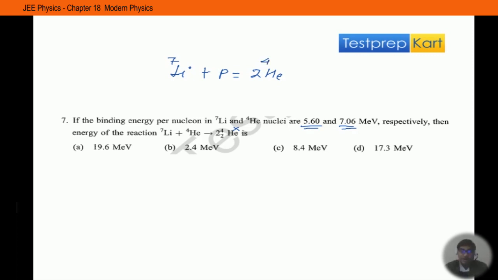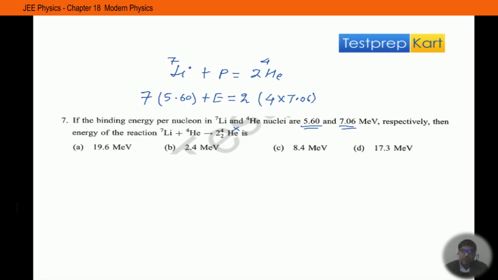Right. And this question is also incomplete, that the energy acquired by the proton we need to calculate here. Okay. So look, 7 nucleons are in helium, so its energy would be 7 multiplied by energy per nucleon, that is 5.60, and let's assume energy of proton is E, which we want to calculate. It must be balanced by 2 nuclei of helium, and in every nucleus there are 4 nucleons, and energy per nucleon is